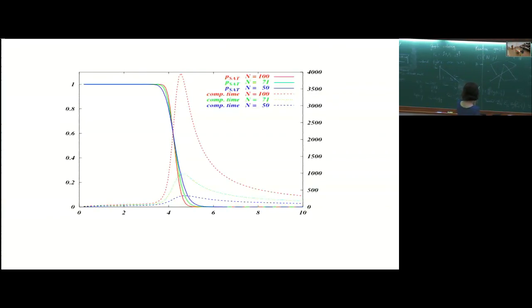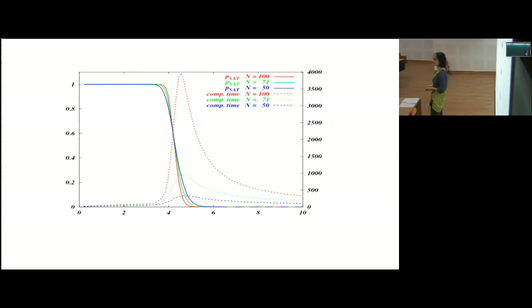Okay, so there is this thing. But now, people became really interested, a lot, in computer science, in graph coloring, and that's related to this second set of curves. That's the time a given exhaustive search branch and bound algorithm, something that people would typically use in computer science to solve that problem, takes to decide if that graph was colorable or not. And you see that it peaks around this threshold. And this is something that people in computer science who study computational complexity got really excited about.